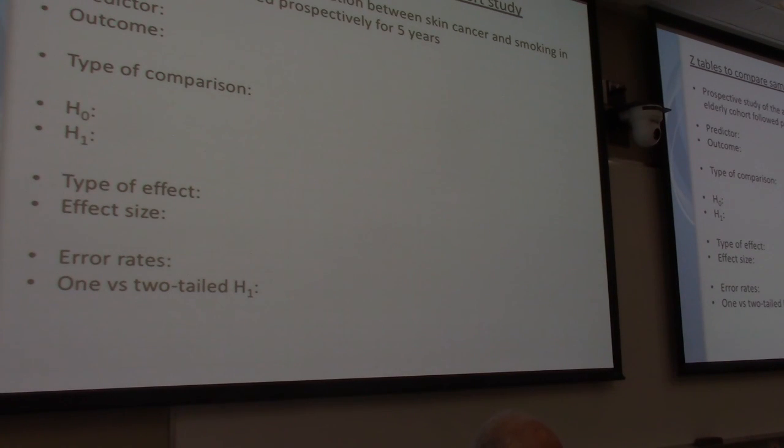So, Amarjot, what are my predictor or exposure and outcome variables here, and what kind of variables are they? The predictor or exposure would be the smoking, and then the outcome is going